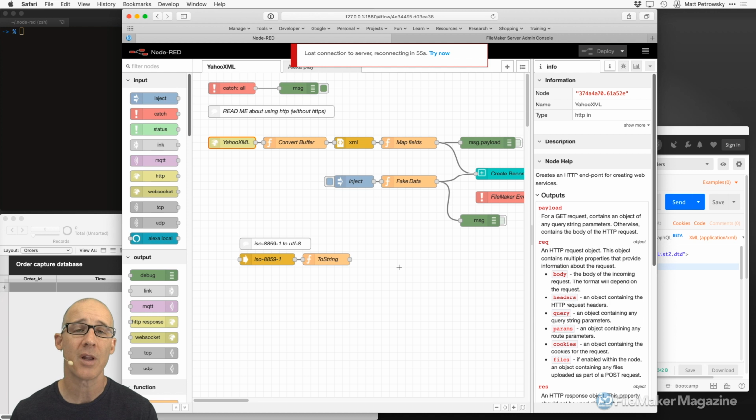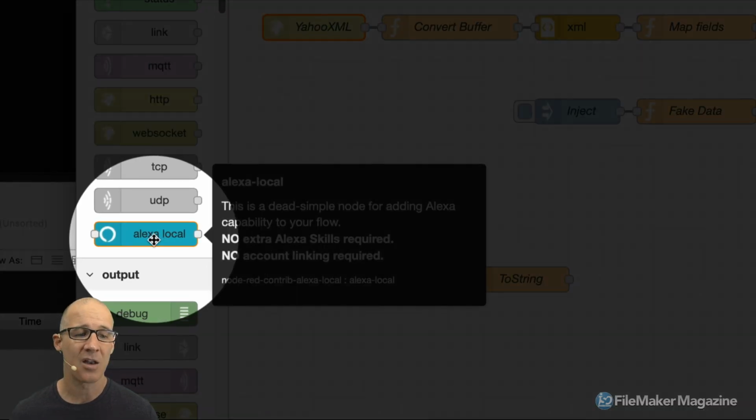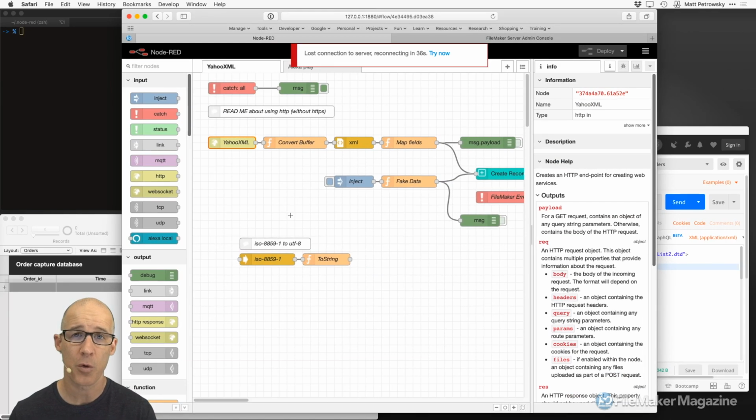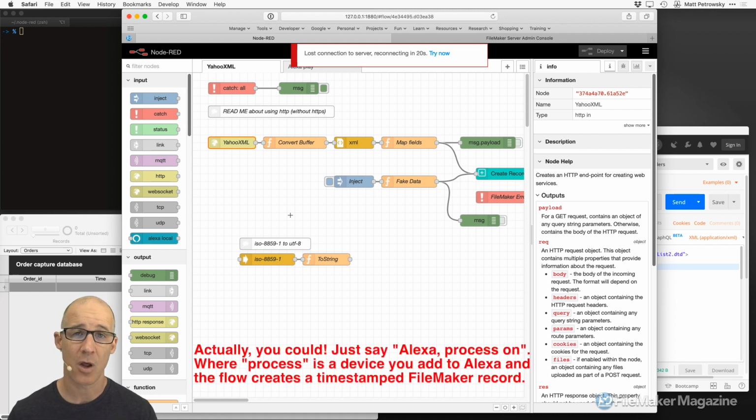In fact, Node-RED is commonly known and associated with Internet of Things, home alarm systems, sensors, input, output, scales, anything you can think of. You can even see right here as I zoom in, I've got an Alexa local. You'll find these videos on YouTube if you just look for Node-RED, where you can have an Alexa in your local environment and then say, Alexa, turn on or off something, and you connect it up to Node-RED. Now you can't do things like, Alexa, add a record to my database, because that'd be really simple, and the Alexa local doesn't do that, but there are nodes that will allow you to do all kinds